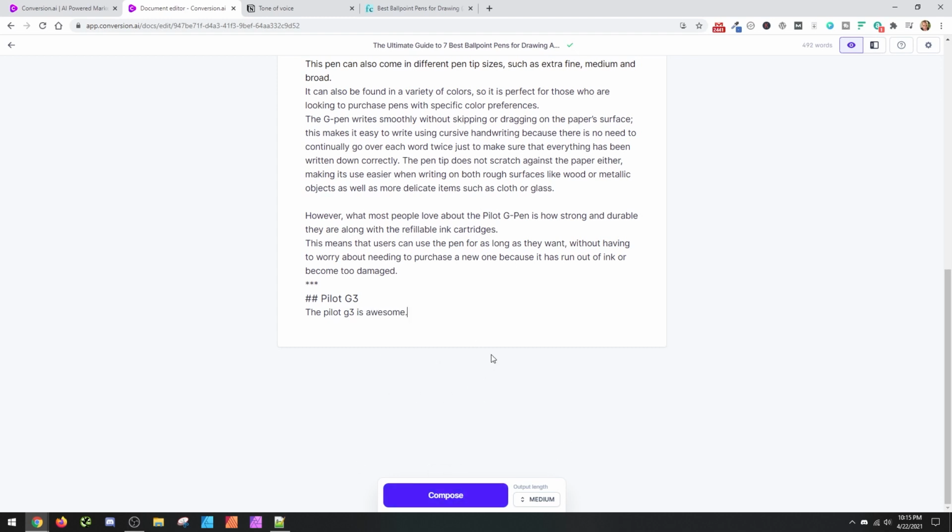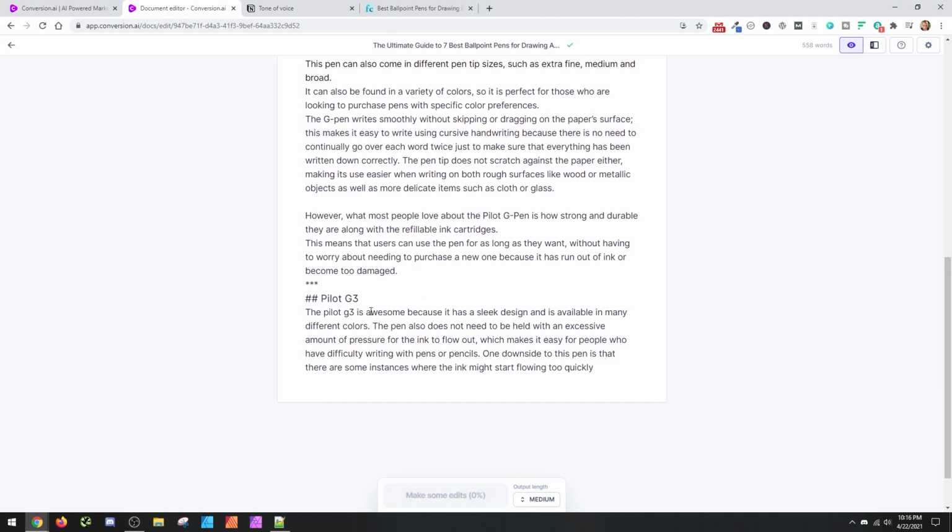You're not leading Jarvis where you want to go. Instead, it's the Pilot G3 is awesome because compose. Now he knows where you're trying to go and can start building context around that. So, as to cleaning up content,